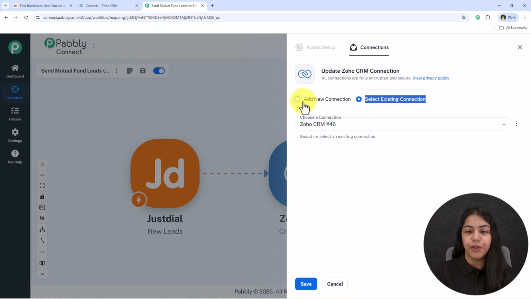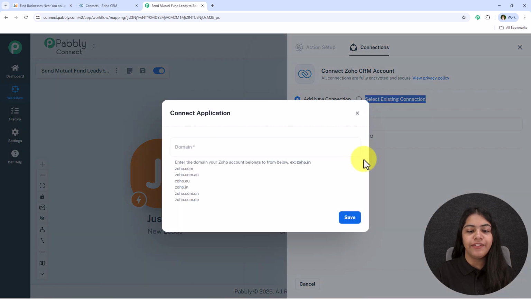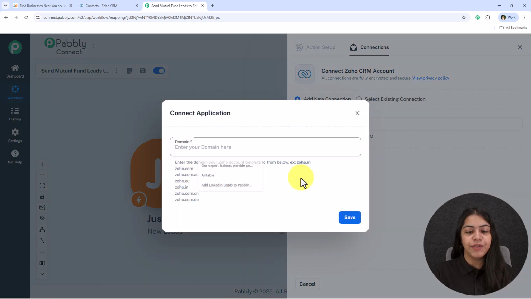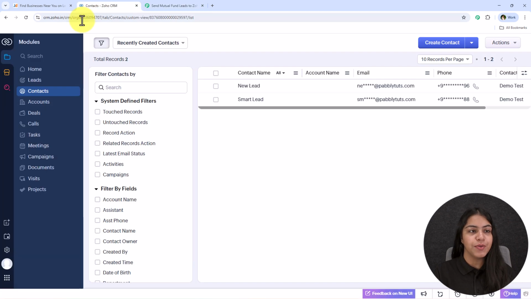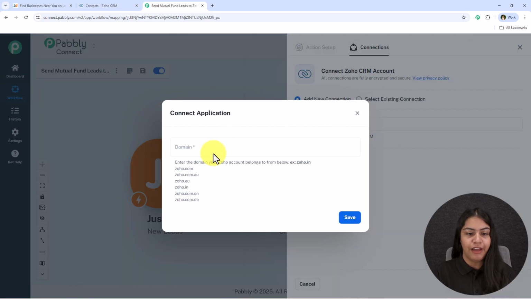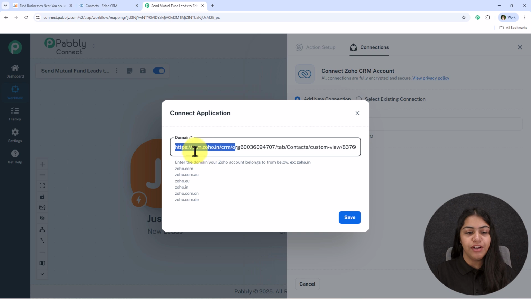But if you haven't, follow me, click on add a new connection and then connect with Zoho CRM. Now it is asking me for the domain. So to get this domain, open your Zoho CRM account and copy the URL you have right over here. Now in this URL, you have to make sure that you delete anything before this Zoho dot. So I'm just going to delete this